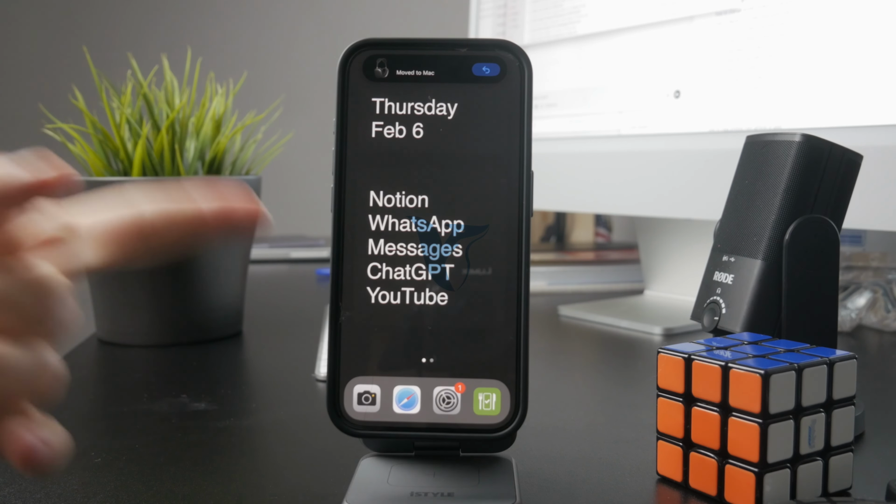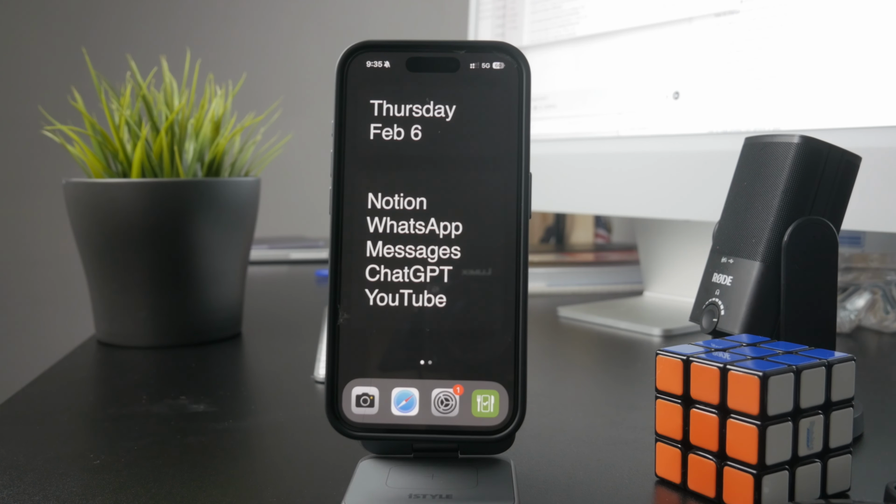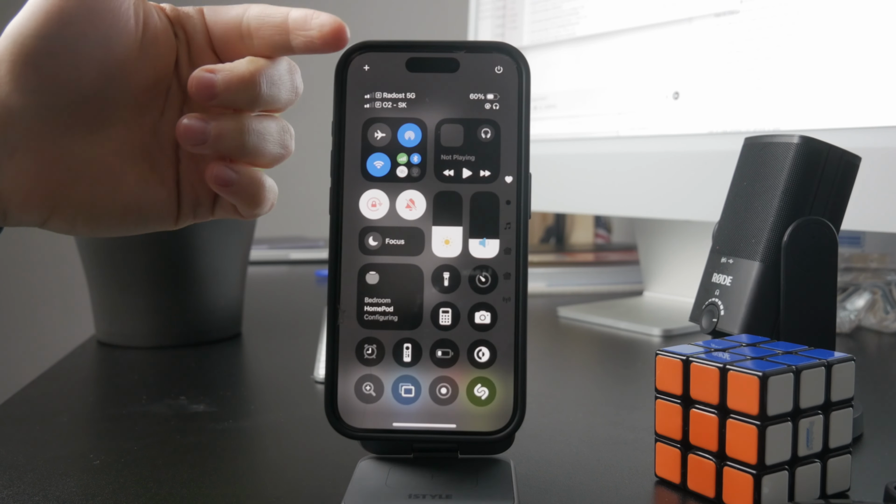This is how you can turn on cellular data on your iPhone. Let's get into it. At first, the simplest way is to swipe down to access the Control Center, and in